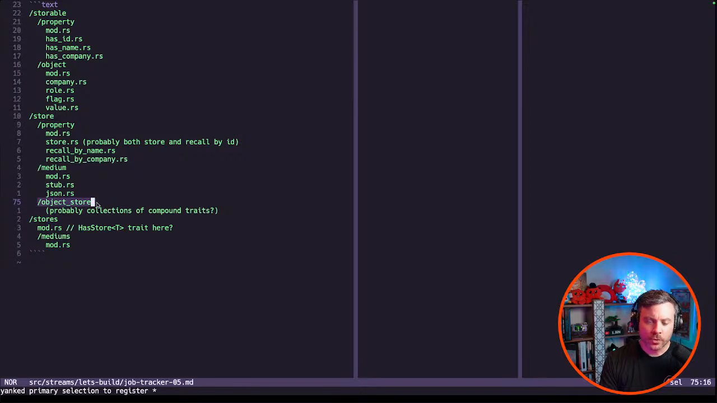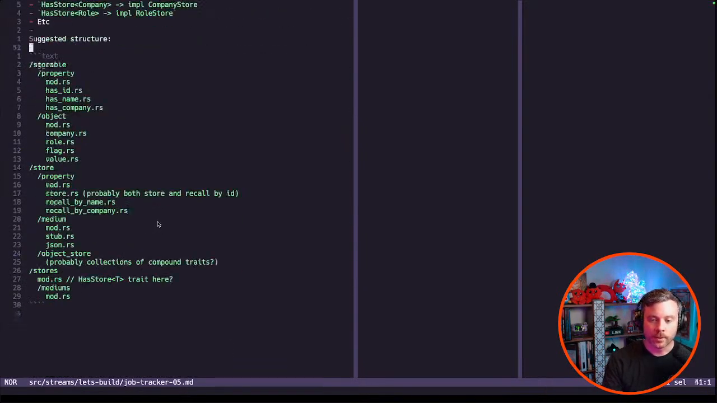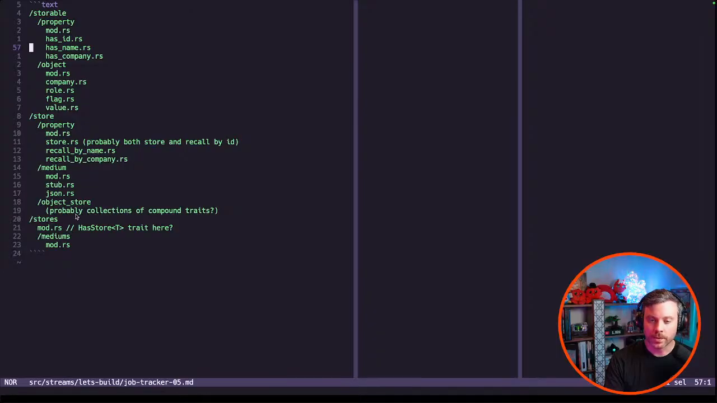And then the object store, this is probably going to be, as I mentioned, those compound traits where we have sort of company store is a trait that can be applied to any object that is stored by ID, recall by ID and recall by name, those sorts of things. So if those are combined together, then we should be able to get the more concrete ones. So this object store, weirdly, is probably also just going to be a collection of combined traits. Not sure